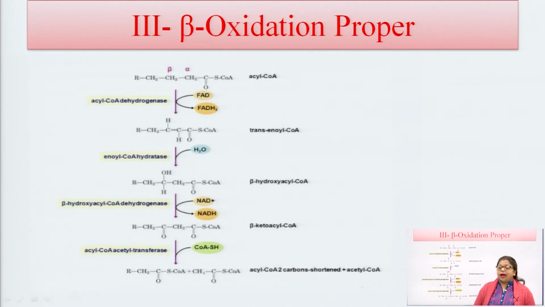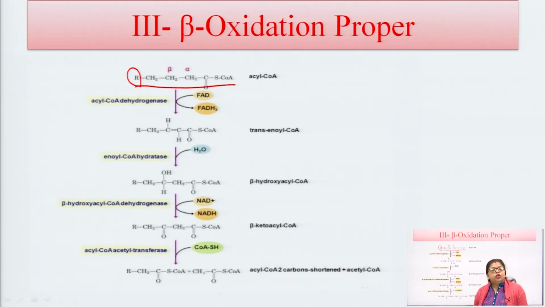This is the general step used for beta oxidation. Here there is acyl coenzyme A, and because we have palmitic acid for oxidation in this beta oxidation, we are using R here. This acyl coenzyme A reacts with acyl coenzyme A dehydrogenase, and there is formation of one high energy compound, FADH2, which is released from this reaction, and there is formation of trans-enoyl coenzyme A, which reacts with the enoyl coenzyme A hydratase enzyme, and there is